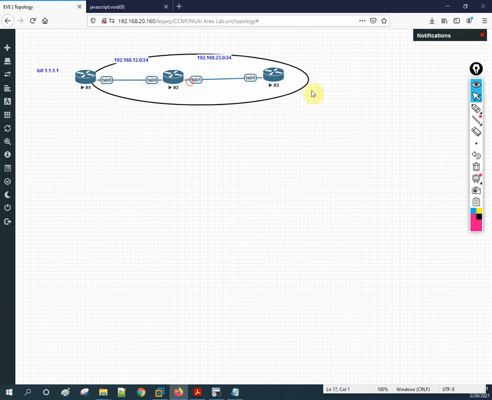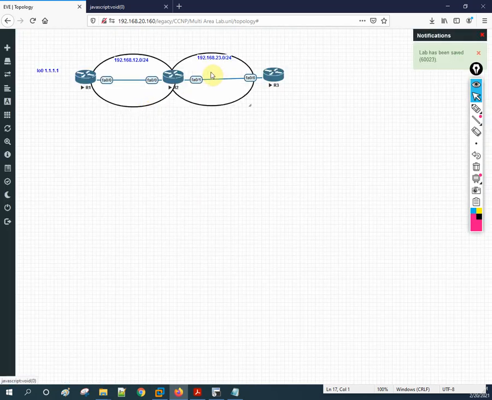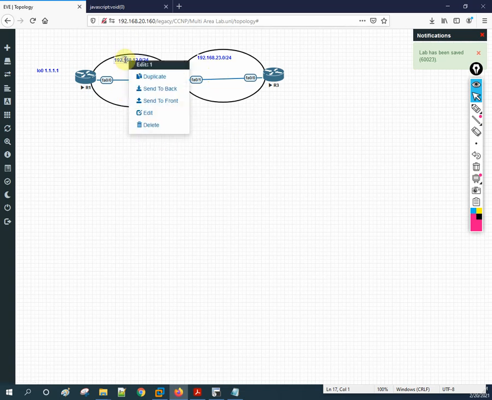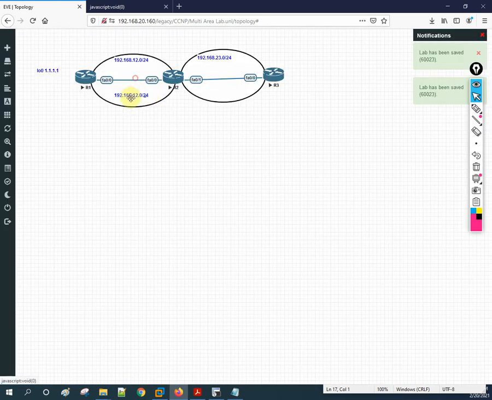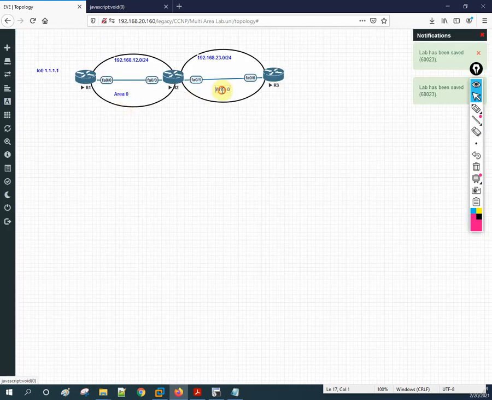Okay, so you can see from here to here is area 0, or let me take this from here to here, area 0 and this should be area 1. Okay, let me duplicate and keep this here separate. So here will be area, let me duplicate this one. Here will be area 0. Okay, and here we will keep the other area 1 here. So area 0 and area 1.